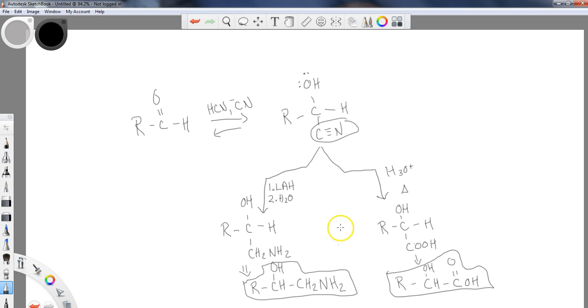So the nitrile in each case, one time you can still kind of see the presence of the CN in the amine. It's just got additional hydrogens in place of the pi electrons. And then when we do the oxidation over here using acid and heat, that carbon down there in the carbonyl is the same carbon found in the nitrile, but the nitrogen has been replaced with an OH group, and so we get the carboxylic acid. So those are two side reactions that you would want to be able to utilize or know about because they're very useful. So that about does it for the cyanohydrin addition, a very important reaction to start with,